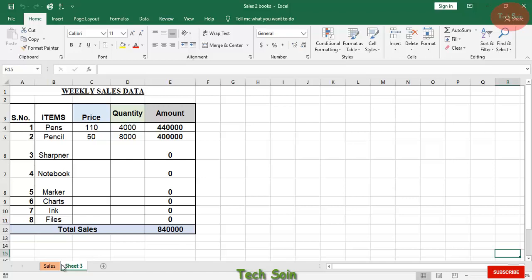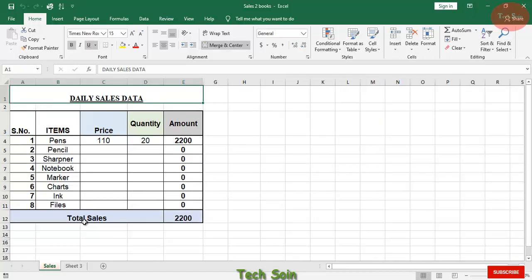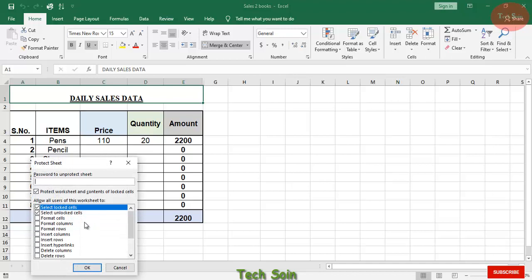Next is the protect sheet option. This feature of Excel is very important. What this option does is it prevents other users of the worksheet from accidentally or deliberately editing, moving or deleting data in the worksheet. It means that by using this option, you can restrict whosoever accesses your workbook to perform particular things only, such as you can restrict users so that they may not be able to insert and delete rows and columns, do formatting, sorting, and other things.